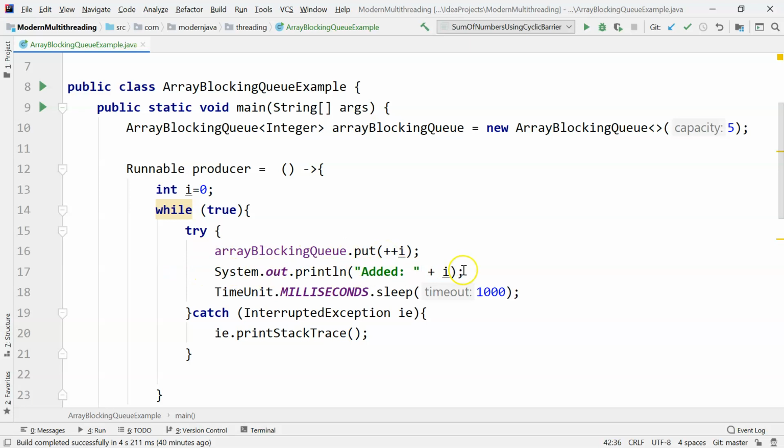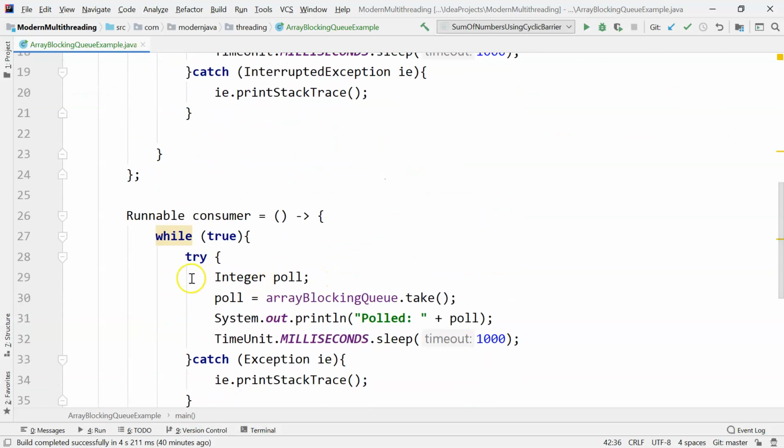Afterwards it prints out "added", and then it waits for 1000. And here I have a consumer, and this consumer is taking from the ArrayBlockingQueue, and this is also blocking. So it will block, and it will print out the value of the integer, and it's sleeping